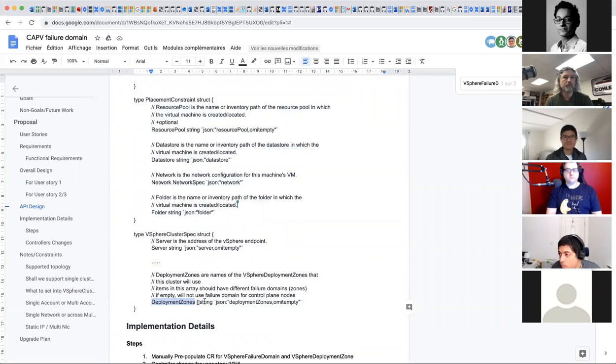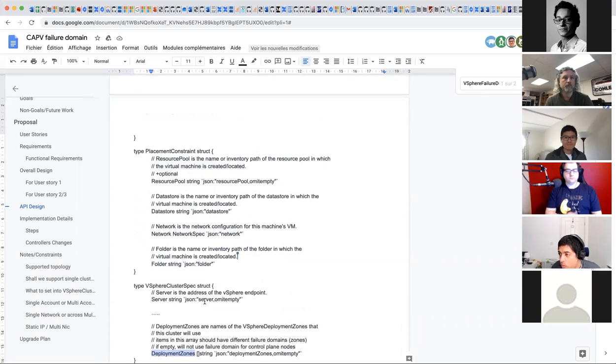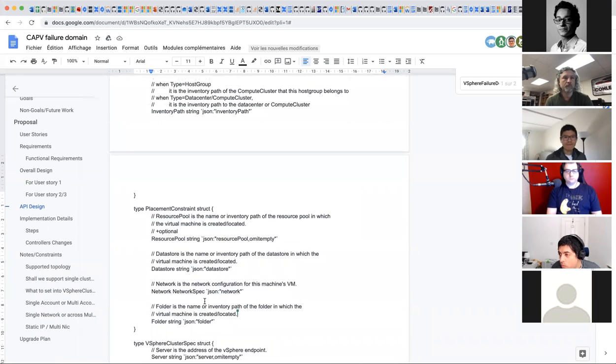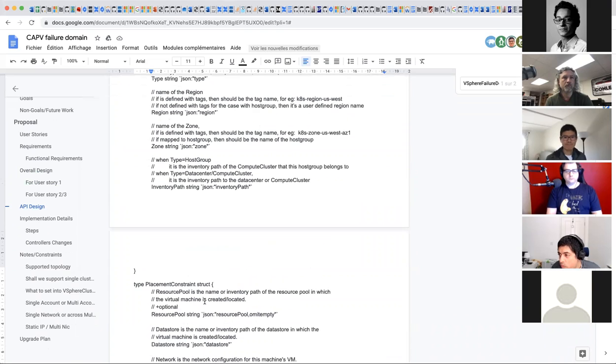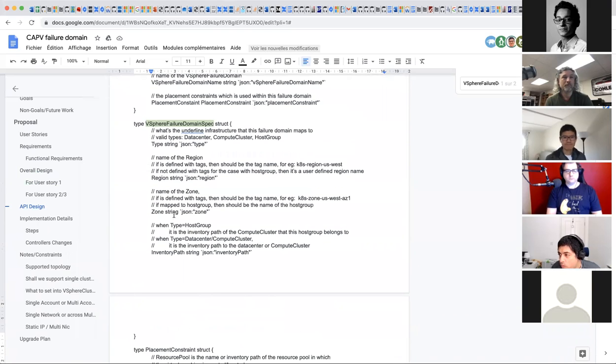Okay, so I guess this includes failure domains that we would want to use. The only thing I'm still unclear on is the vSphere failure domain spec. Here we're defining types of failure domains, and based on the type, do we have any changes to the other fields that would need to occur?